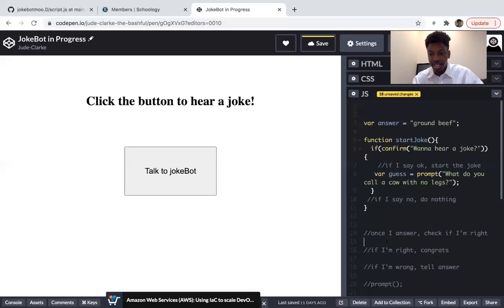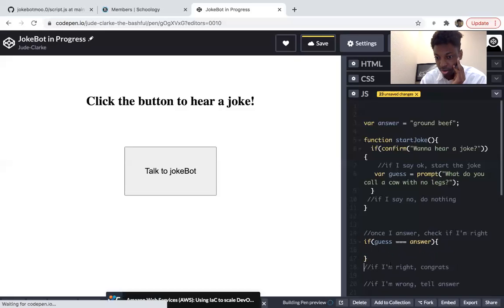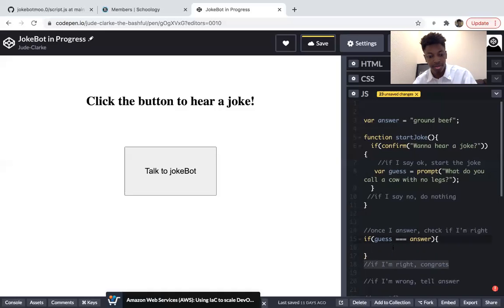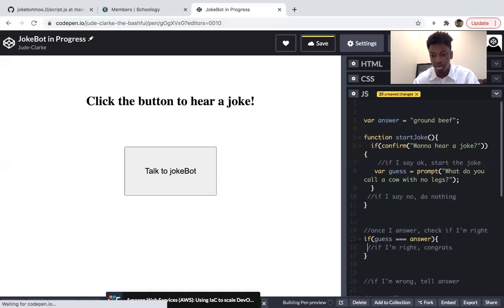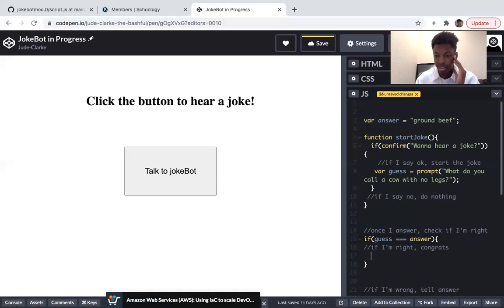So let's go ahead and check if guess triple equals answer. Super easy, right? So if guess triple equals answer, let's run some code. Now this is right here. So open up our function, and now we can write our code in here. And I'm gonna put this note in here because this goes with what we're doing. So if I'm right, congratulate us. If guess triple equals answer,